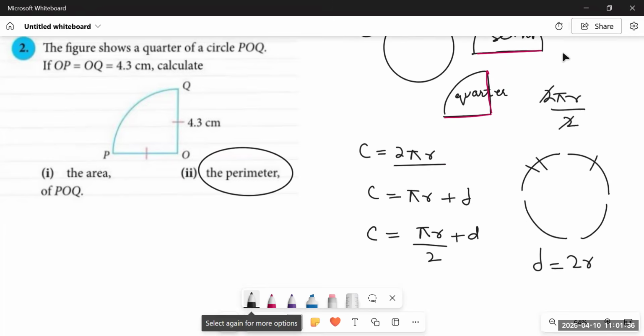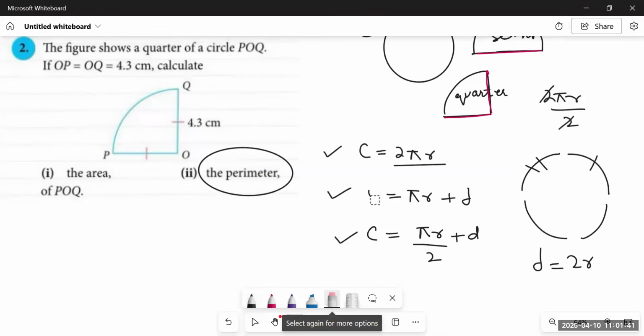So these are the 3 formulas that you have to remember. Okay, and we use the word p over here instead of c, because the c of a circle is 2 pi r, c of a semicircle is pi r, and c of a quarter circle is pi r upon 2. After doing this, first of all, let us solve this question.